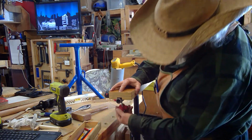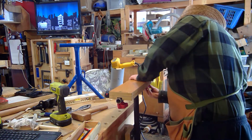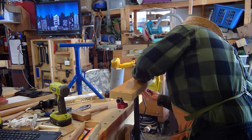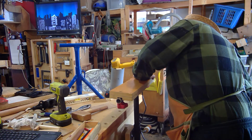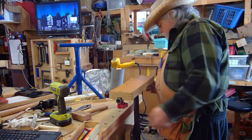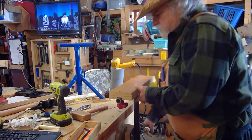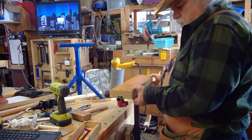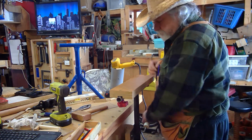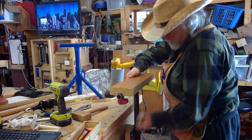When I put it on there and then just put the knobs on, it only takes a couple of seconds, quicker if you don't drop them. And just like that, I can now tighten this down. And I have a nice little workbench that I can use with a ledge all the way around, so I can clamp to it if I want to clamp something down on it to do something on here. And again, it's nice and adjustable, and it can be turned. So I got this little mini table now